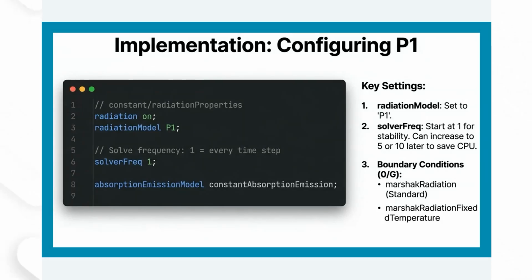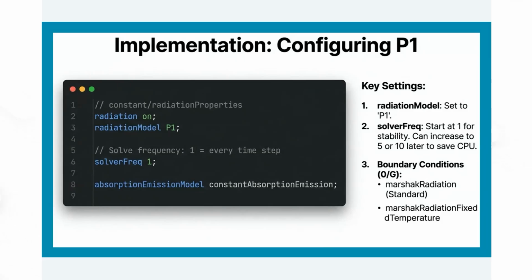which significantly reduces your CPU cost without sacrificing much accuracy here. There's one entry, absorptionEmissionModel. This is where you define how dirty or opaque your air essentially is. This is the optically thin or thick idea here. So in this example, we're using something called constantAbsorptionEmission. This assumes a uniform fog throughout the domain. We'll cover much more complex models like this in the upcoming slide, but the essence of